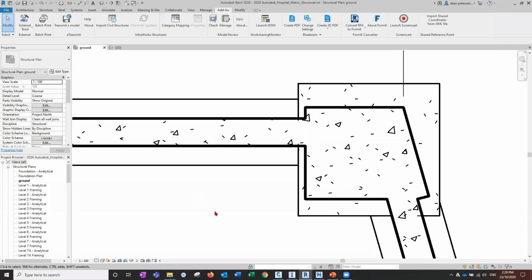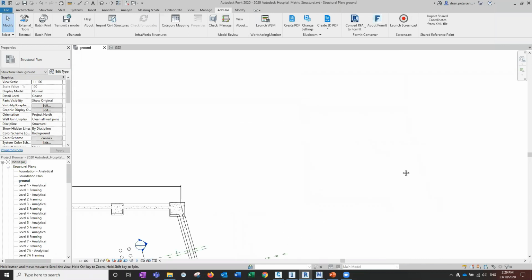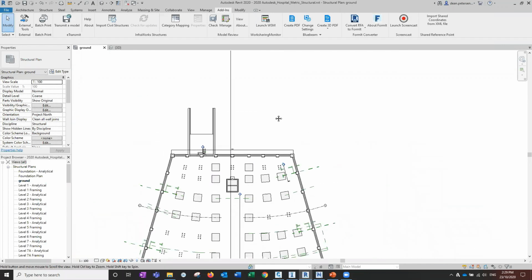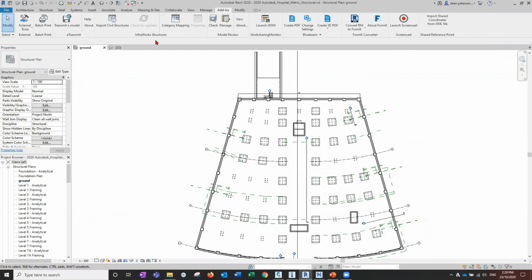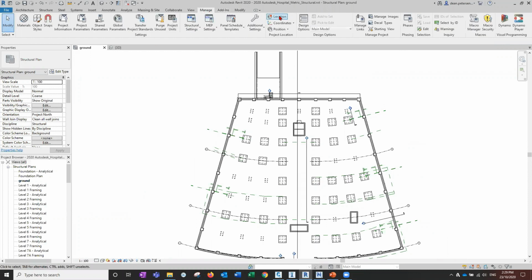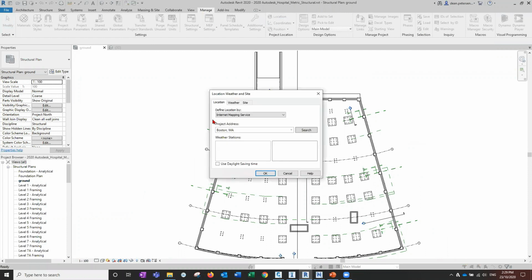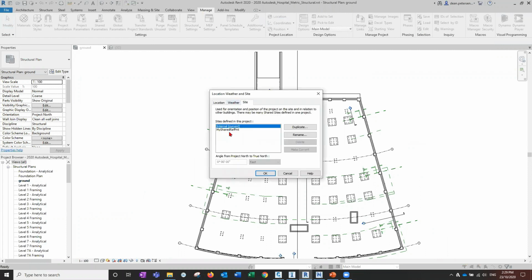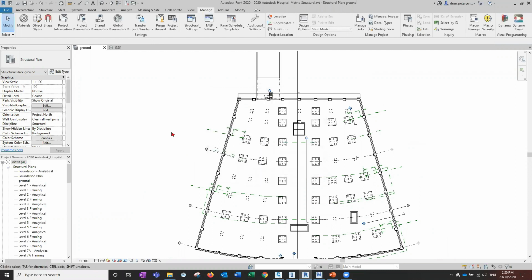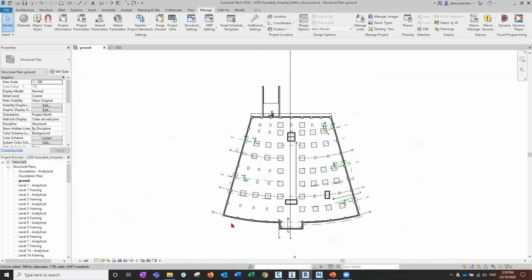So people working in Revit can continue working in Revit as per normal. But they now have, if we go to the Manage tab, under Location and Site, the shared reference point coordinate system. We can make that current and go OK. And what it means is they can continue working as per normal, but anytime that they want,